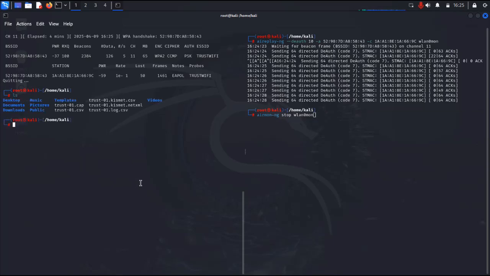If you do ls, we got some packets, written trust-01.k. You can sit down and start looking at some packets, whatever you'll be doing. So now we are going to the next phase, which is